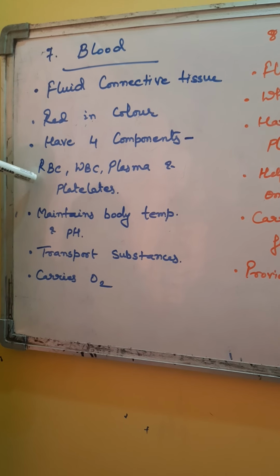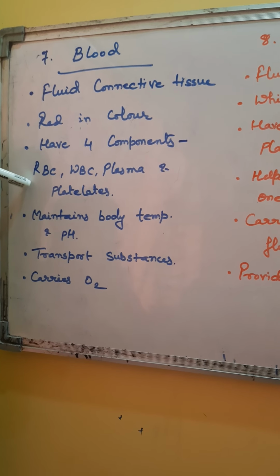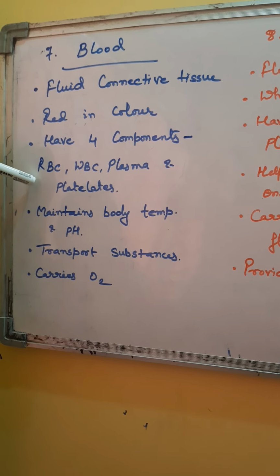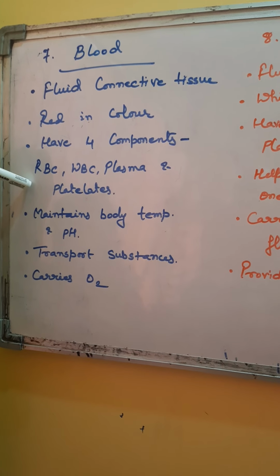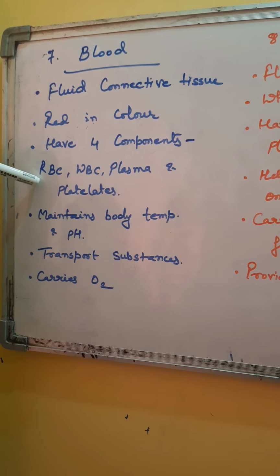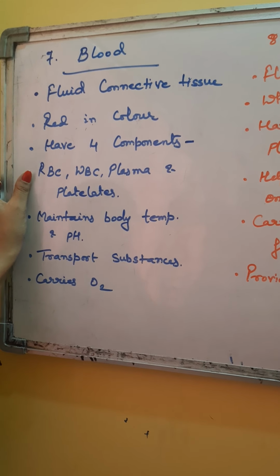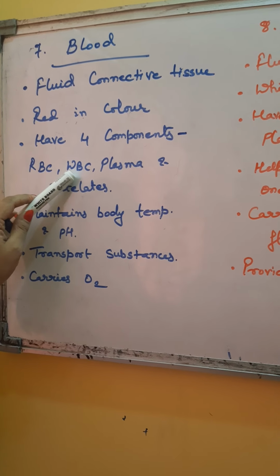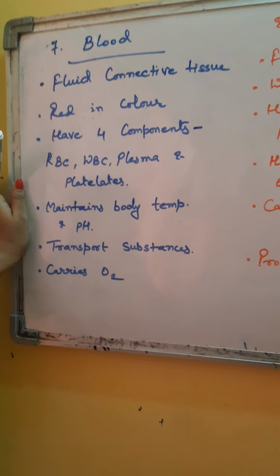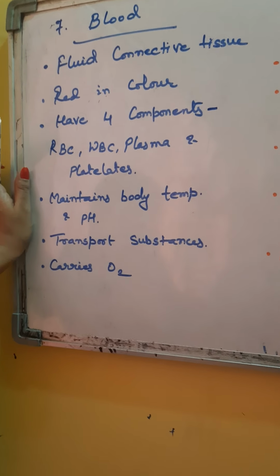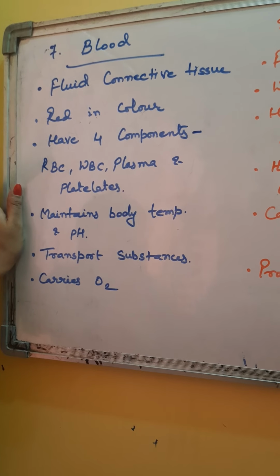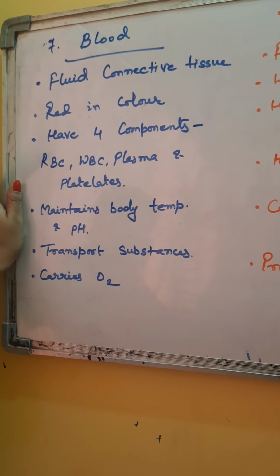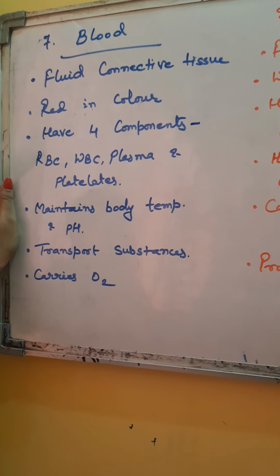The other component of blood is RBC. RBC, as we discussed earlier, red blood corpuscles. It is red in color due to the presence of respiratory pigment or oxygen carrying pigment called hemoglobin. Its main function is that it carries oxygen from one place to another. The next component of blood is called WBC. It is white in color and it provides immunity to the body. WBC has various types, various components, and all these components perform various functions to provide immunity.